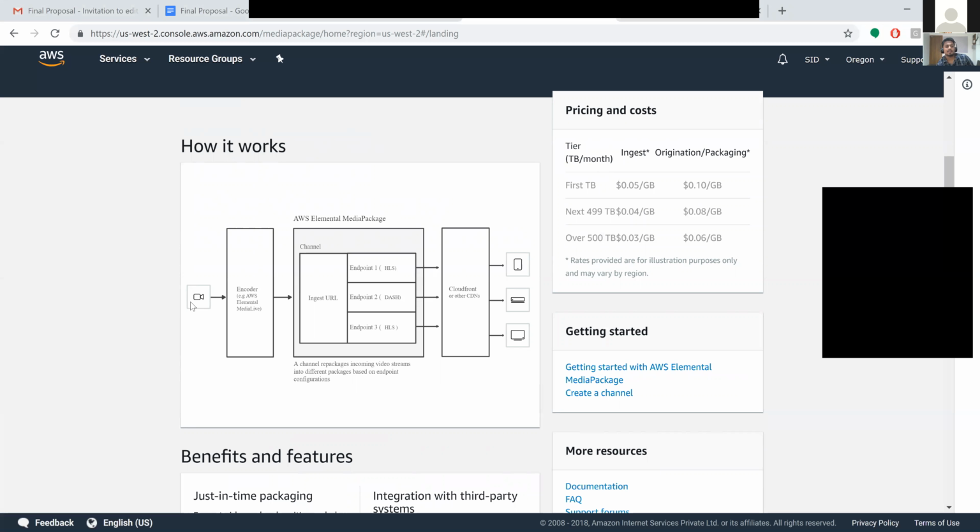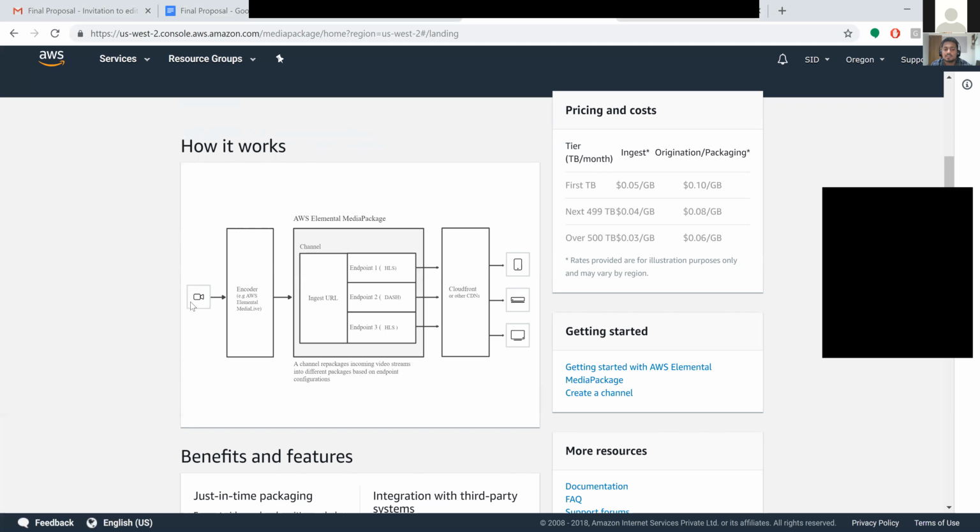In Elemental MediaPackage, we have the channel. In the channel we have the ingest URL and endpoints: endpoint one is HLS, endpoint two is DASH, and endpoint three is HLS. The channel packages incoming video streams into different packages based on the endpoint configuration.